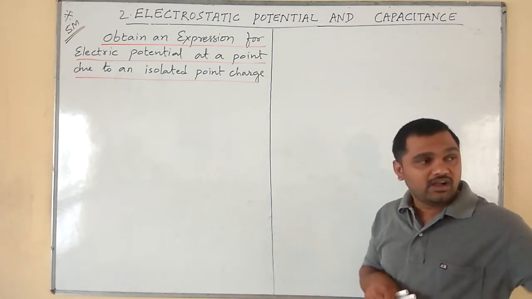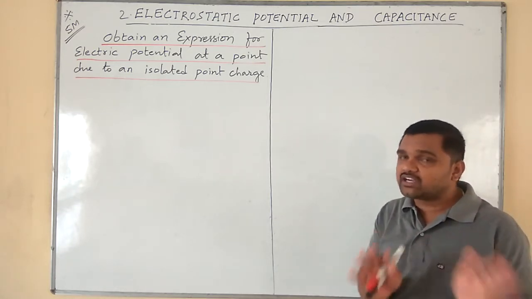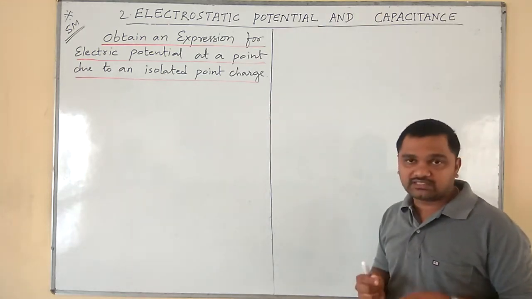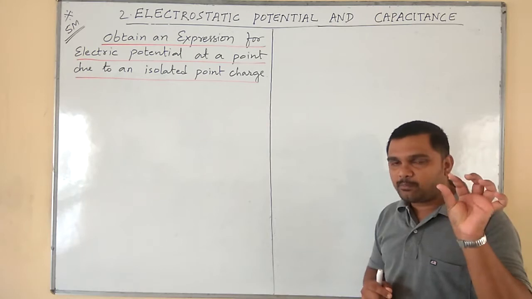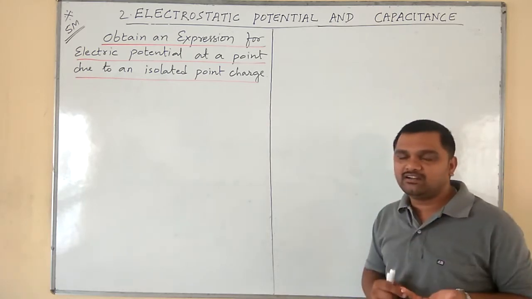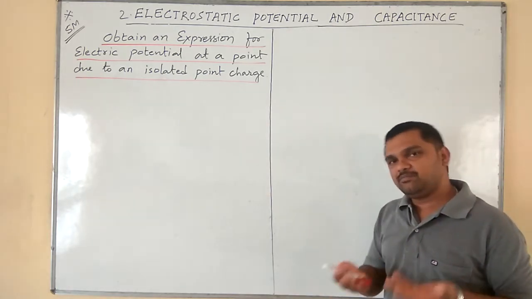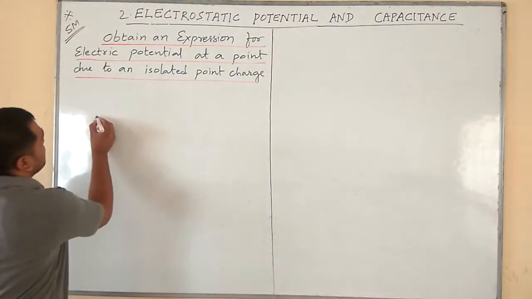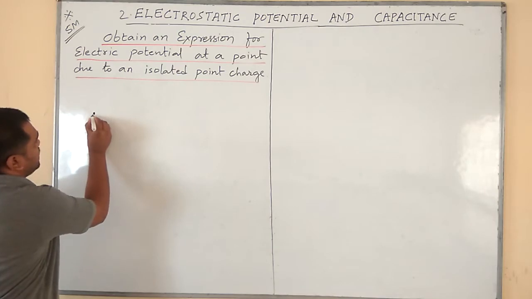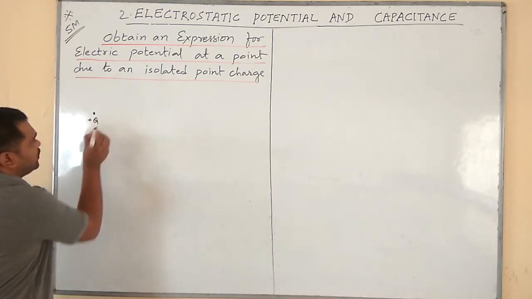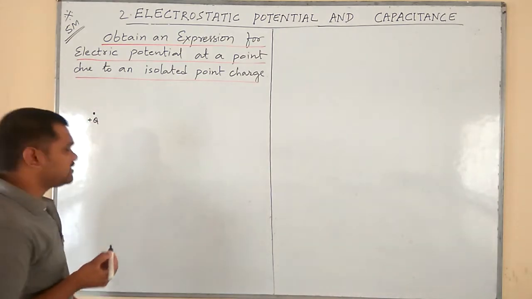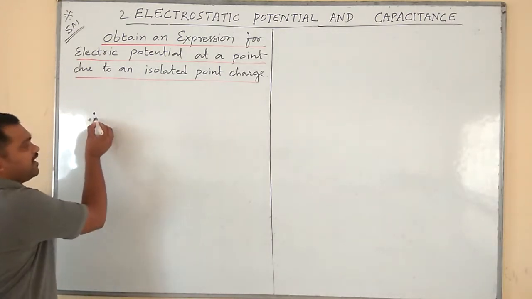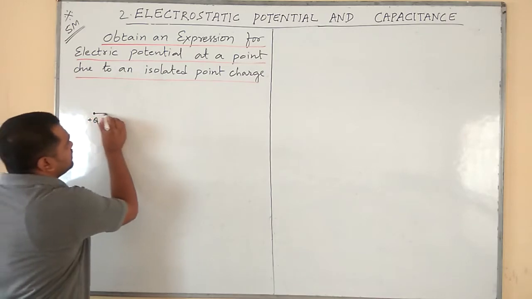So, which is due to an isolated point charge. As the question itself indicates, we should consider only an isolated point charge, whether it may be positive or negative. Let us take a positive charge. Let plus Q be an isolated positive charge, and we can expect the electric field from this positive charge like this,